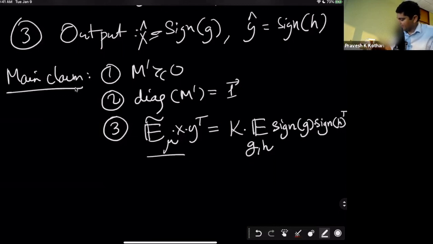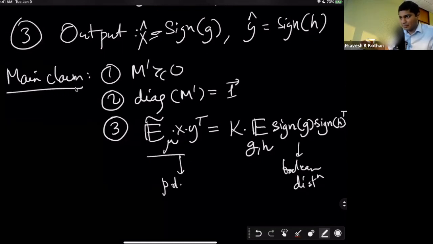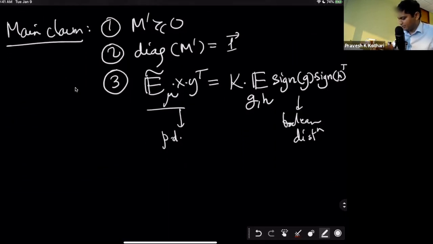Notice that this is a Boolean distribution, while here it's a pseudo distribution. So we are basically matching these off diagonal parts of the pseudo distribution up to some fixed constant K. Once this main claim is true, which I'll prove in a second,